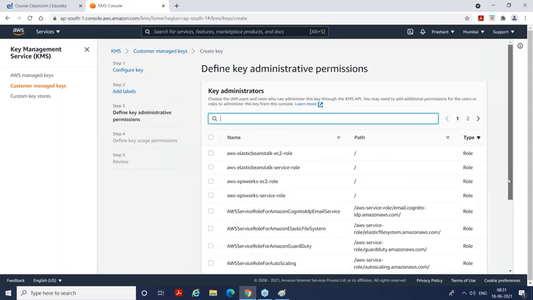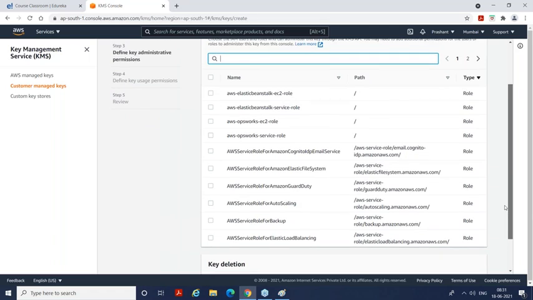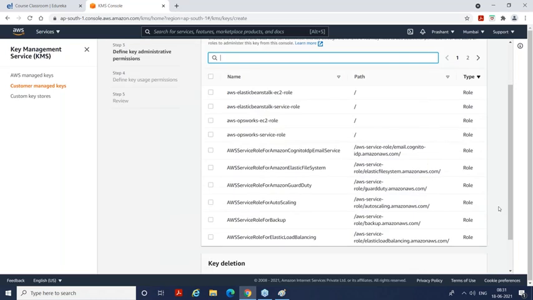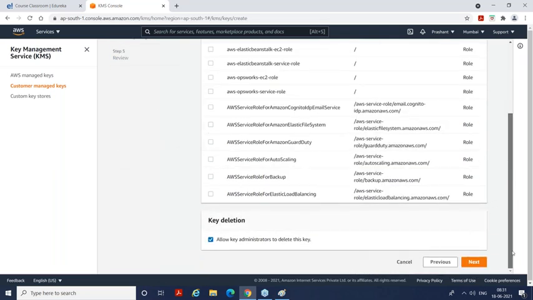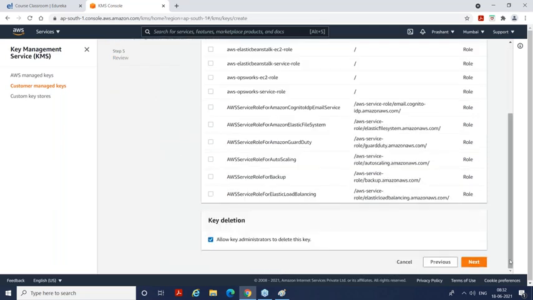So which user should be allowed to, so I say admin. I should have an IAM role basically created, right? So that that specific service is allowed to access these keys. Now in case I want to encrypt data in S3, I should have an IAM role for S3. So using S3, they can decrypt this data or something like that, right? I should have a relevant service role created, in case of using a load balancer or for backup or some other purposes, wherever I'm creating. So I should have the relevant role available here, right? Then I say next,